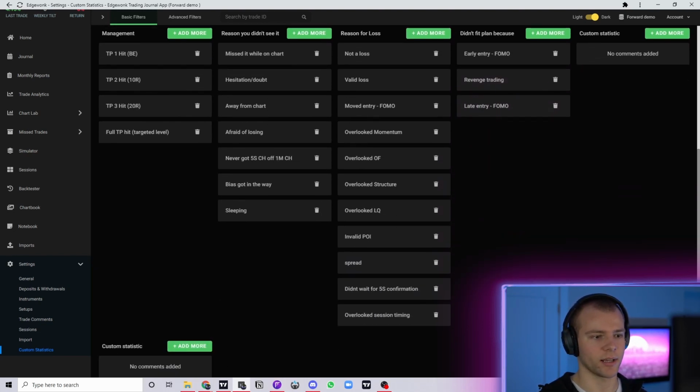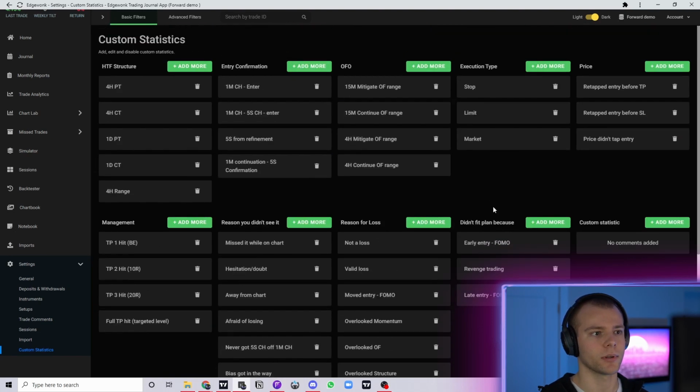Feel free to screenshot it. I am going to change a few, but the biggest thing for me right now is probably the one here. So price retapped entry before take profit, retapped entry before stop loss, or price didn't tap entry. Because one of the things that I'm working on now is, back in Phantom, it made sense to partial to cover your stop instead of moving your stop loss, because I think that the strategy wasn't as refined as it is now. But the strategy that we have now, especially with pro trend moves,